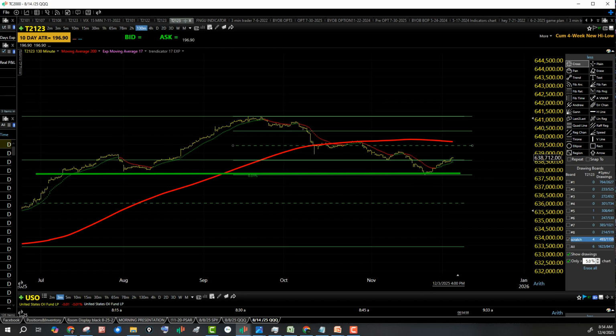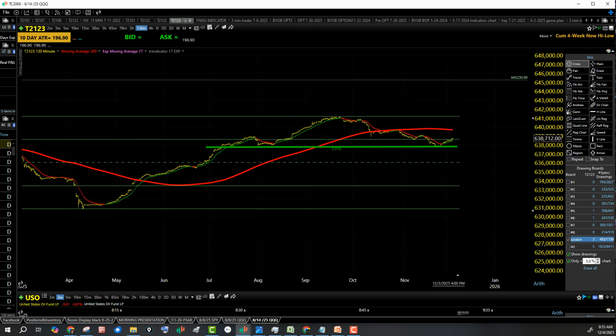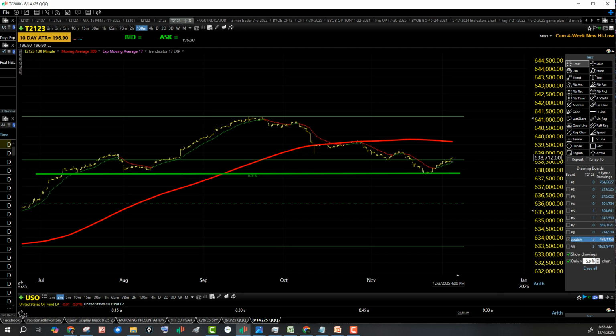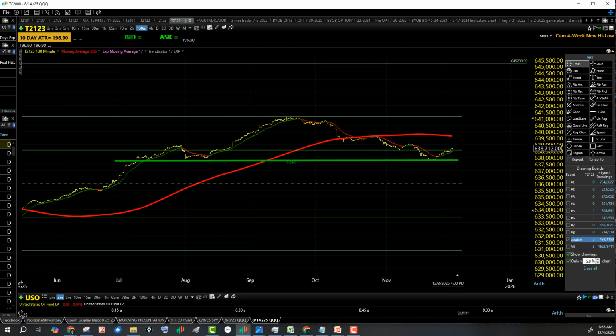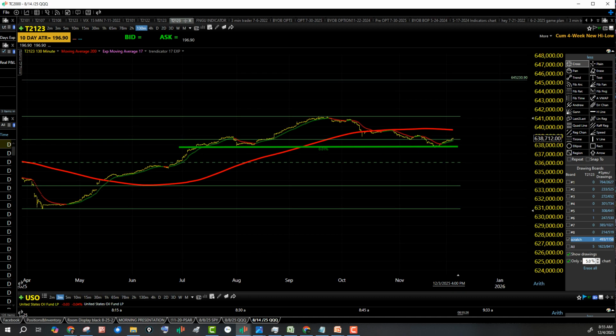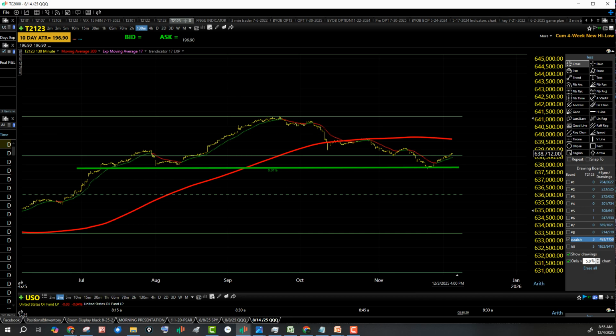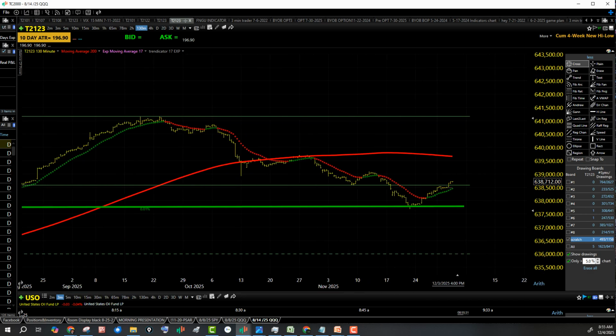3-bar chart. Now I'm going to take the quad lines off over here. From the perspective of the April low to the all-time high, all the way up here, you can see price, whether it's on the 15 or the 3-bar, bounced on support. See the head and shoulders neckline support, we bounced there. We're still in the upper third, so from the bigger perspective, this is still bullish. On the 3-bar chart,